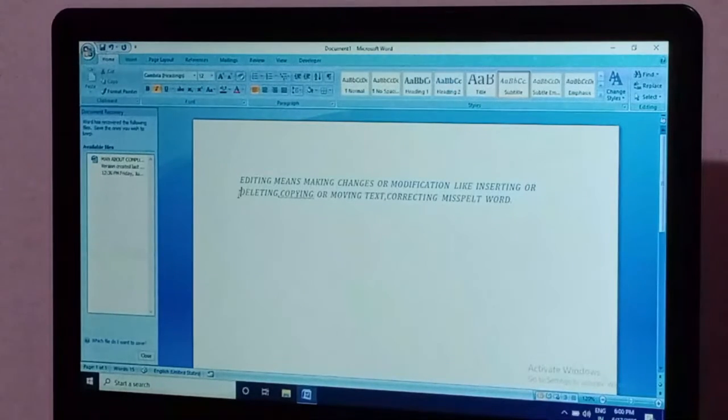One click with the mouse, and the same rule applies. You press the mouse left button once and drag over the whole line to select it.